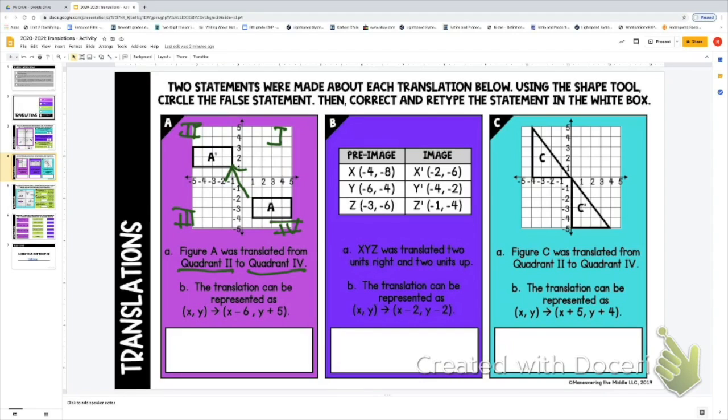So I'm going to rewrite A as figure A was translated from quadrant 4 to quadrant 2. And if I look at B, it said, I'm going to erase that. And if I look at B,